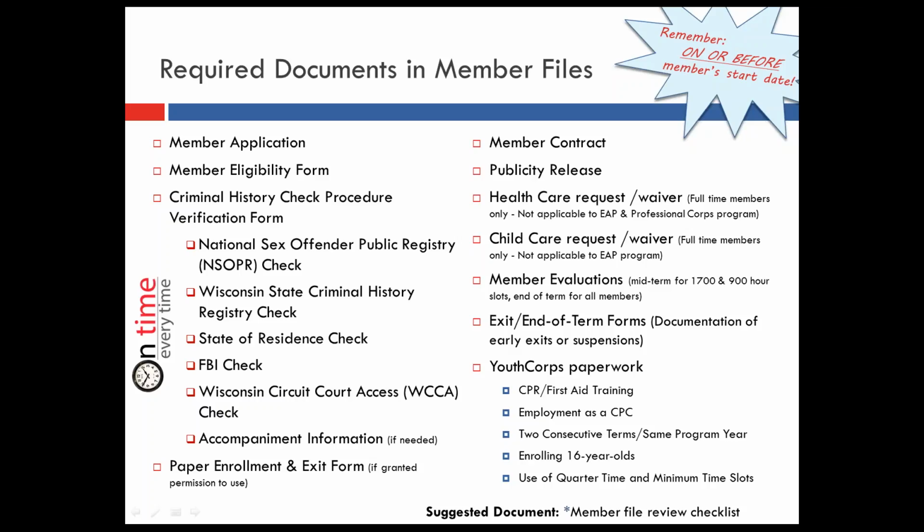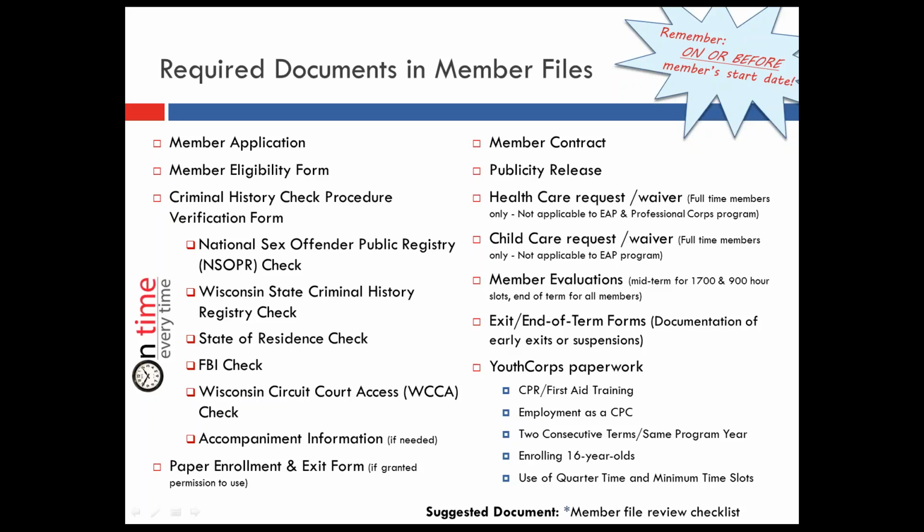The member eligibility form, and of course these need to be completed completely and signed and dated on or before the member's start date. The criminal history checks procedure verification form, that's a Serve Wisconsin requirement that also needs to be filled out. Then the criminal history checks that need to be in a separate and secure member file, proof of the sex offender check on or before the member's start date,